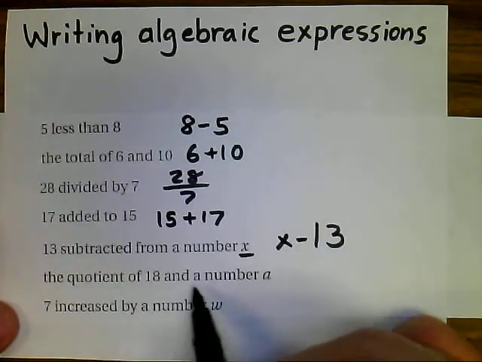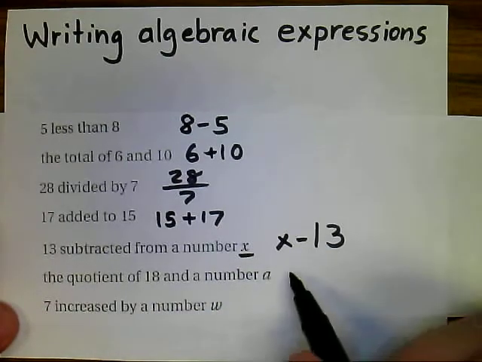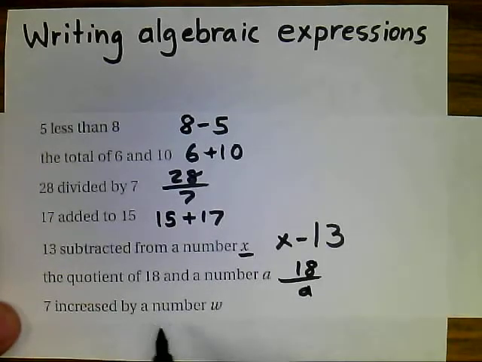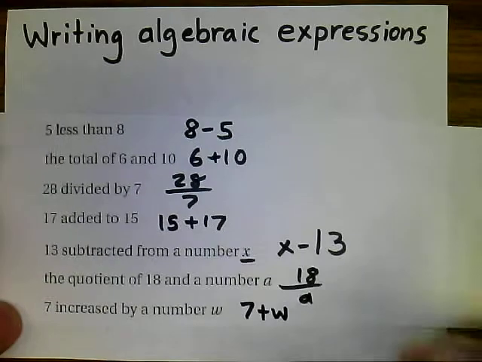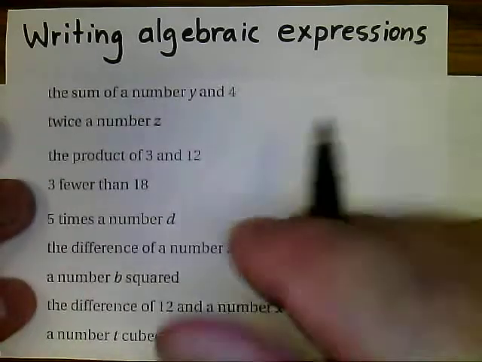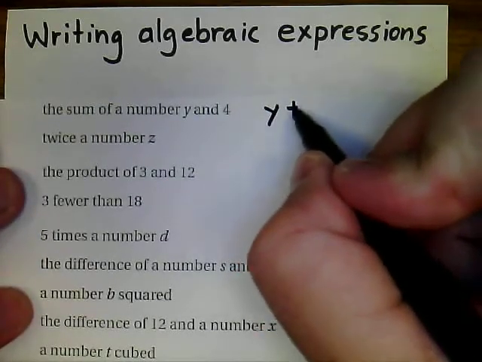The quotient of 18 and a number a. They're giving you the variable. Again, this is an answer question, so 18 divided by a. And 7 increased by the number w. 7 increased by w. Very good. And then our last couple of examples, the sum of a number y and 4, so that'd be y plus 4,